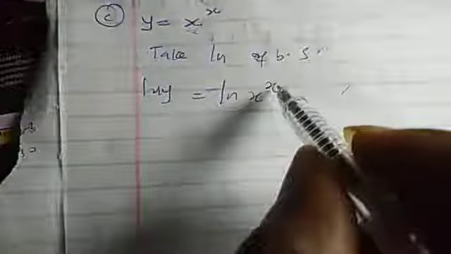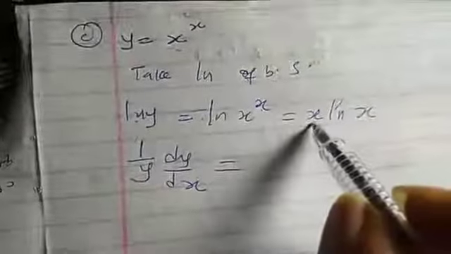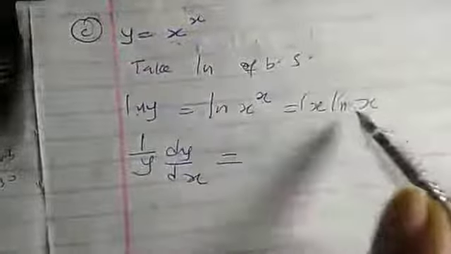Then by law of logarithm, this power will come to the back so that we have x ln x. After that, we now differentiate this ln y. If I differentiate ln y, I will have 1 over y dy dx equal to, this one now,